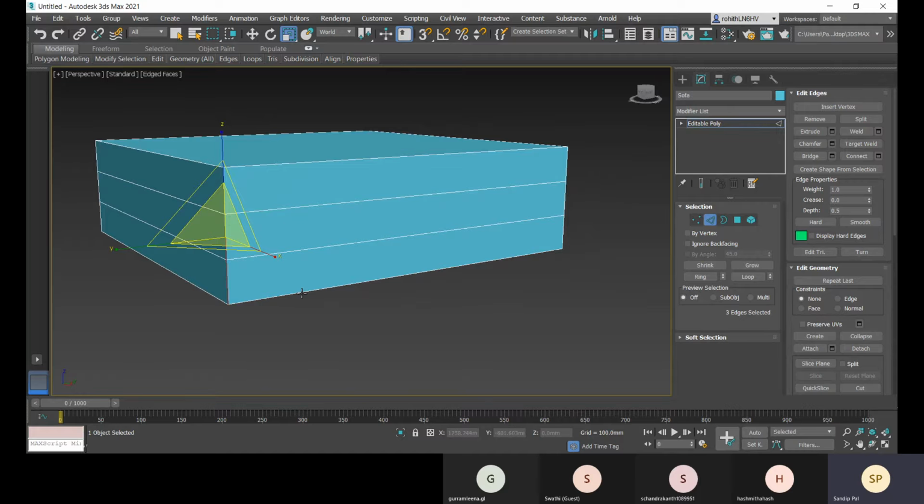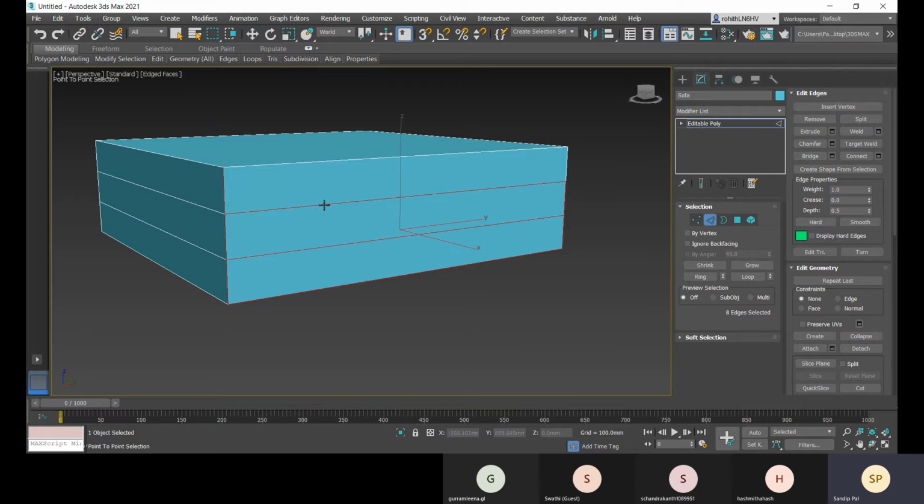So like this, I can hold shift and see that right now it's connecting this loop, and this loop is connecting because these edges are divided into these segments. So this way you can select in a loop while holding shift.